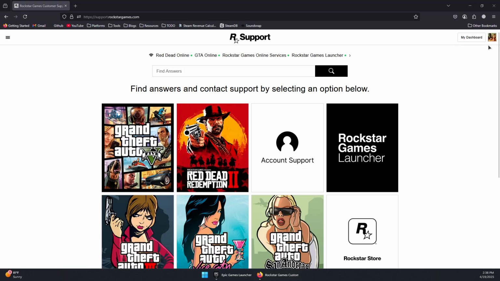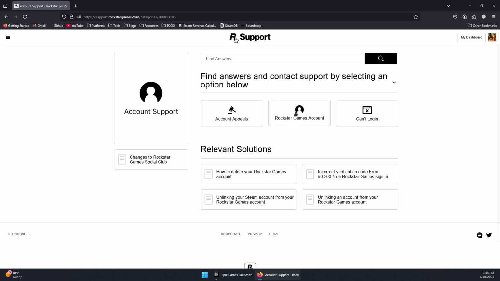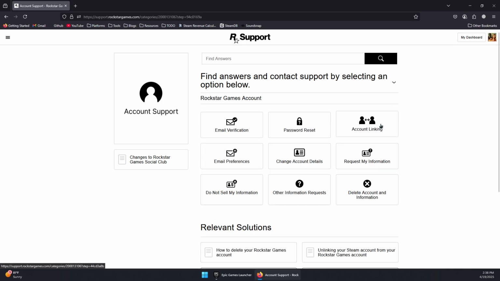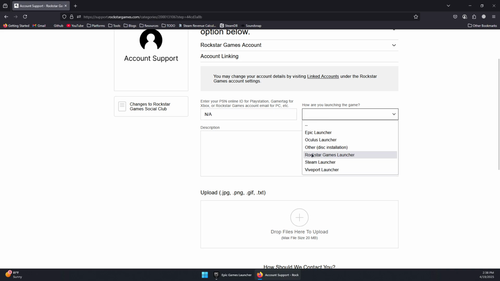And then make sure you're logged in with your Rockstar account before proceeding to send a request. Then click on account support and then Rockstar Games account, then account linking, and type an A in here. And then click the drop box here and select Rockstar Games Launcher. And then you can use this message